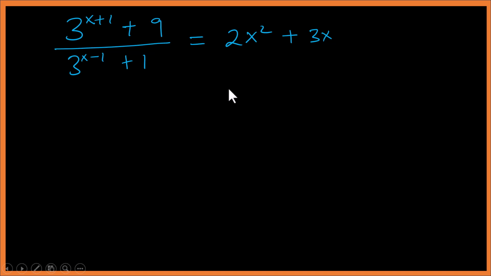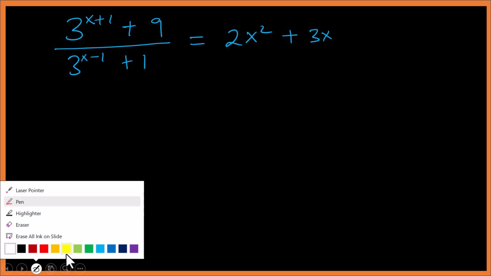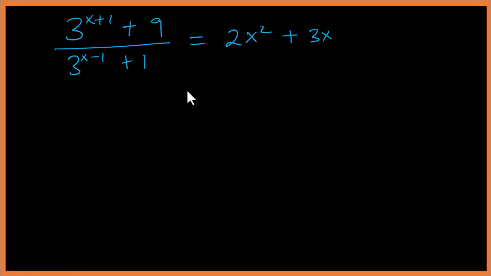Okay, so let's provide the solution to this question. All right, so we have (3^(x+1) + 9)/(3^(x-1) + 1) = 2x² + 3x. All right, so we are going to adjust